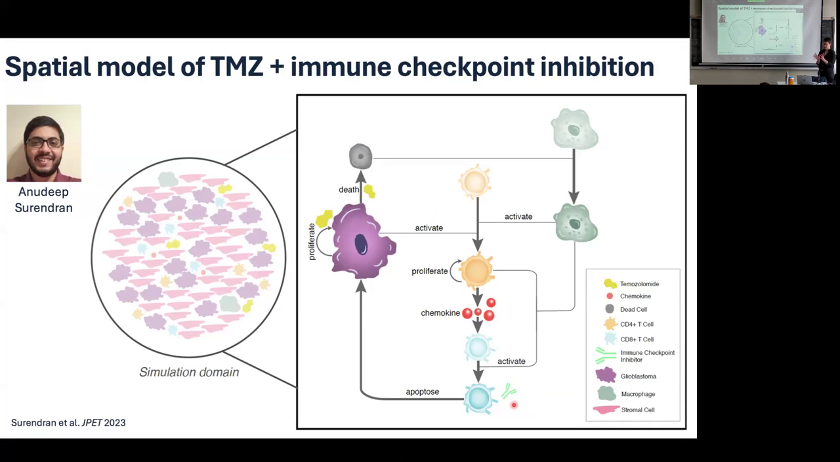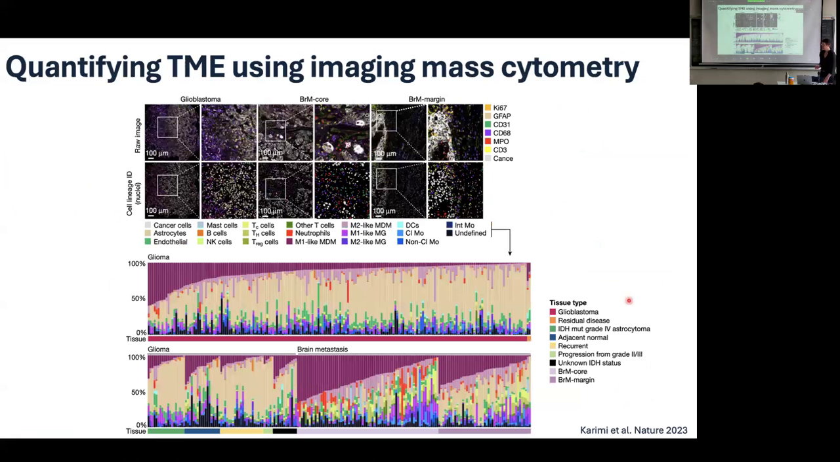So in the simulation domain, which you'll see in a second, we also include the infiltration of chemotherapy from the periphery through normal PK/PD models, and the action of immune checkpoint blockade, temozolomide, in inducing that killing by T cells. And the reason we used an agent-based model in this project is because our collaborators have a large cohort of patients on which they have used imaging